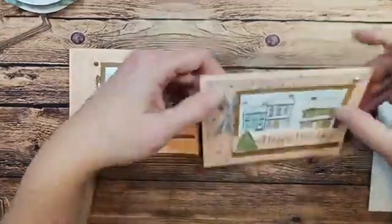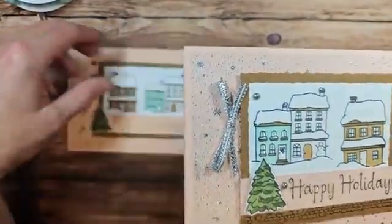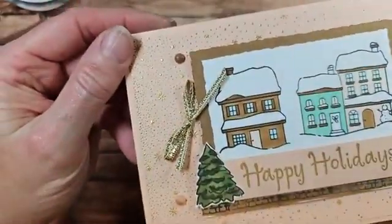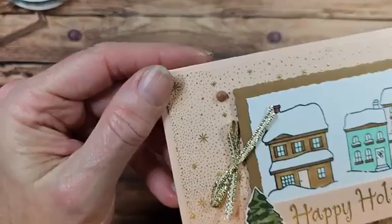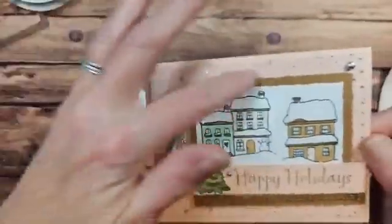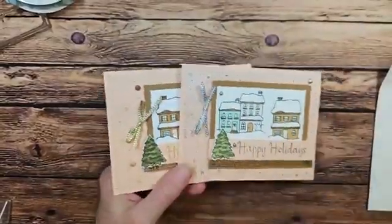All right. This one I didn't need a whole lot of embellishments on just because that background is so pretty. So again, here's the silver and here's the gold. So yeah, I think doing a smoky slate, yep, that would have been a good idea. So when you make your card, you can choose whatever embossing